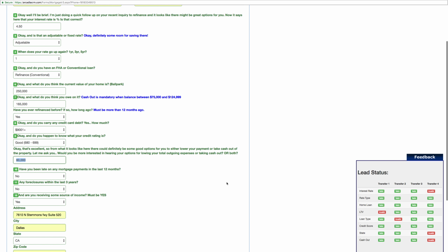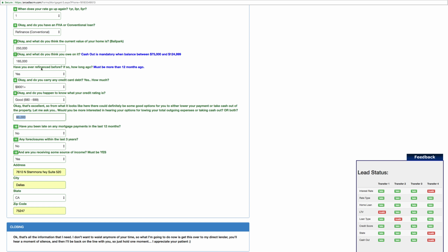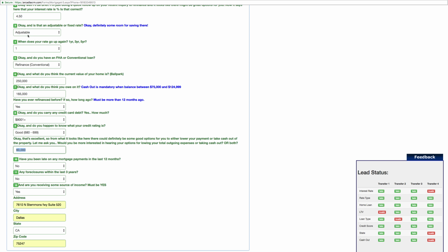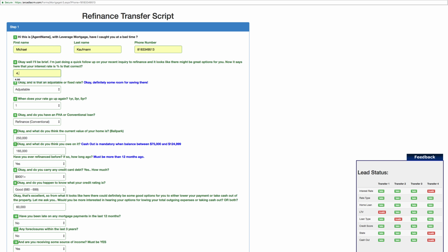Most of the time, you're not going to have to worry about this. Things will come up invalid for many different reasons. It's not always going to be your fault, okay? Excuse me, let me change that. I don't know why that didn't change. If this person has a 3.75% rate and it's fixed, on a 30-year,